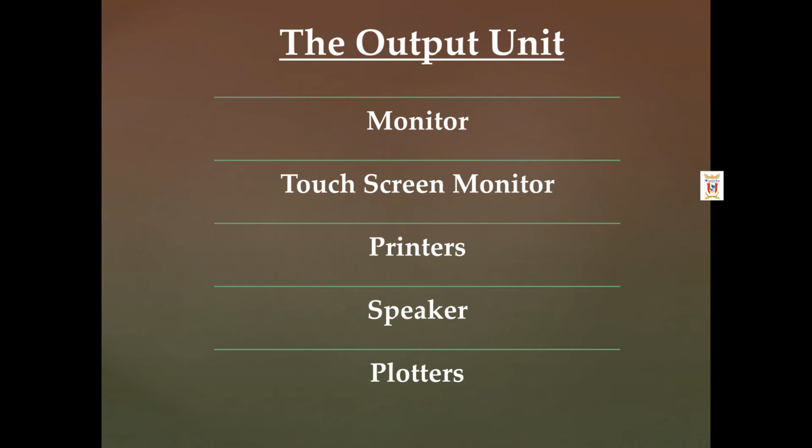The last one is the plotter. A plotter is a vector graph printing device which interprets the commands from the computer to draw lines on the paper with one or more automated pens. Plotters are different from printers as they can draw continuous point-to-point lines directly from vector graphs, files and commands. There are 2 types of plotters, flatbed plotters and drum plotters. Basically these are used for CAD, printing maps and drawings.